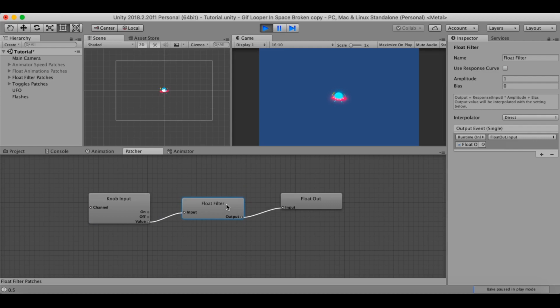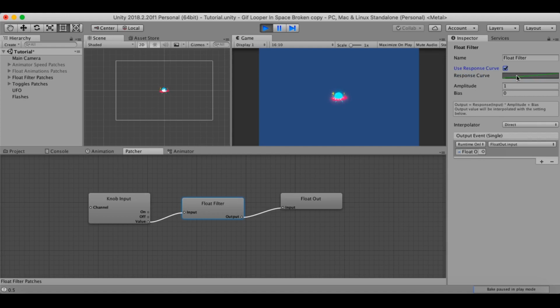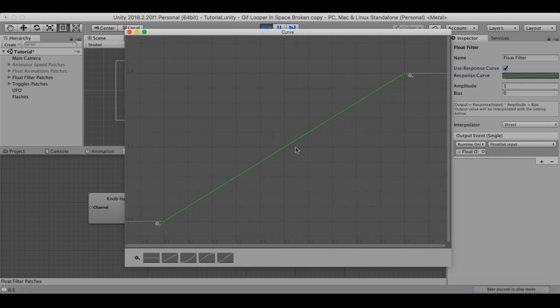filter does is it takes the input from here, applies some basic math to it, and then outputs the new value. And what it outputs, here it says, output equals response input times amplitude plus bias. This response input, what it means is, if this is checked, it will actually send your input first through the response curve. It will apply this